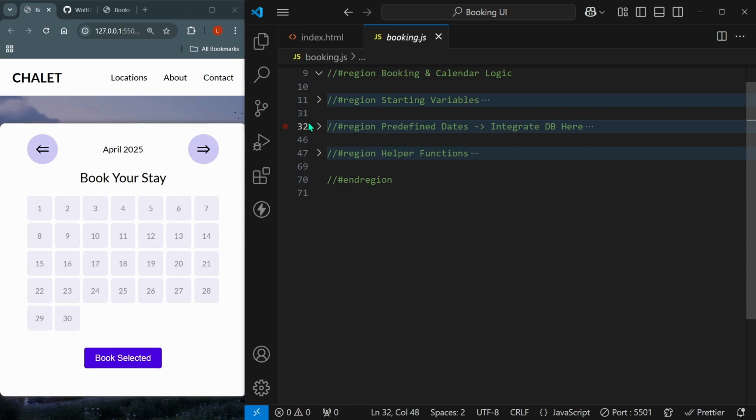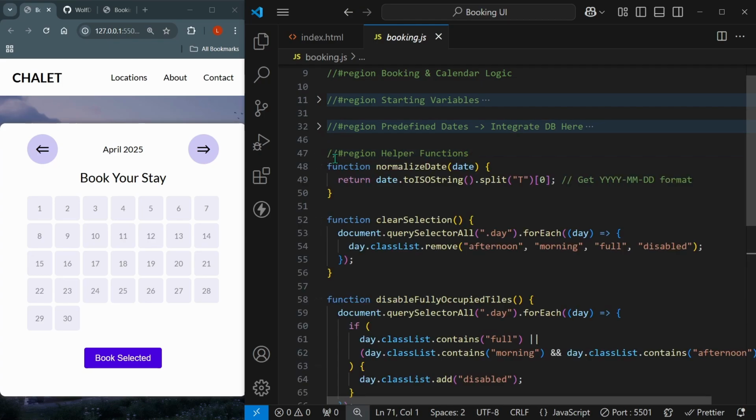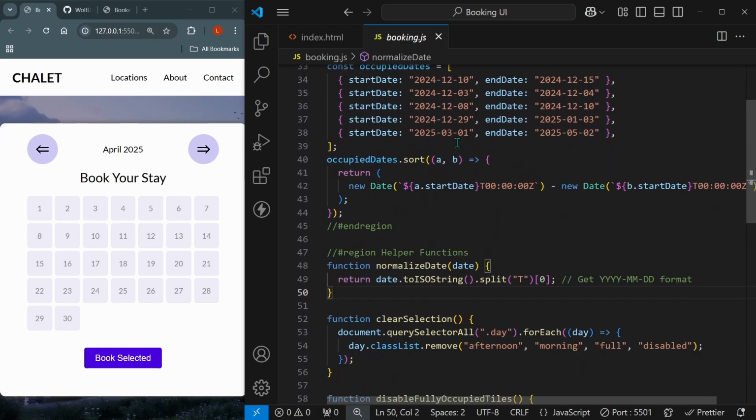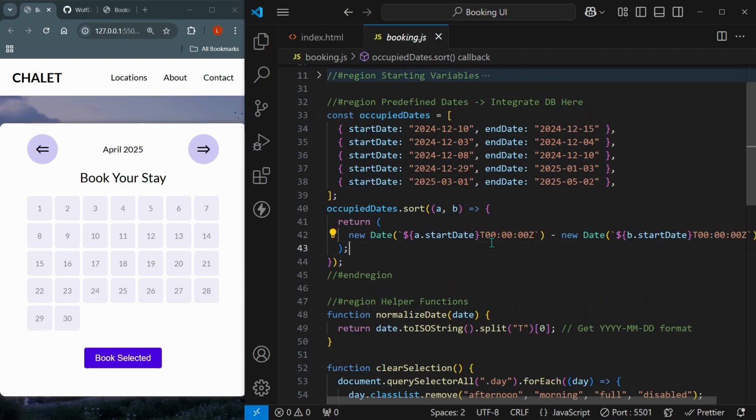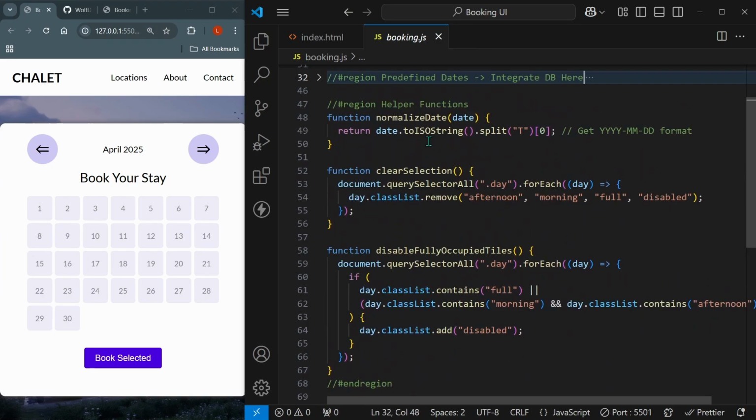We'll move on to our helper functions. In the helpers function, we have one helper function that we'll be using many times, and this is the normalized date. As I said, and I actually showed you here, this is the ISO string format. You see there is a T which will split for us the time, and we don't actually always need to know the time. For that, we have this normalize function which converts a certain date to an ISO string, for example,